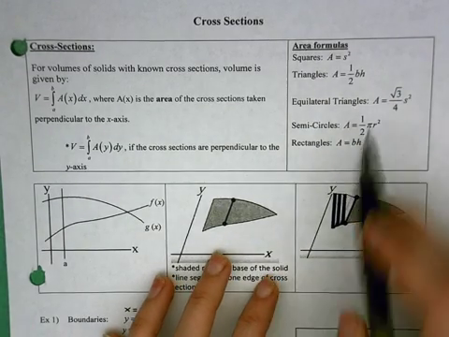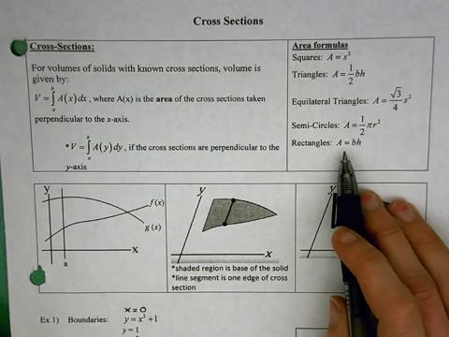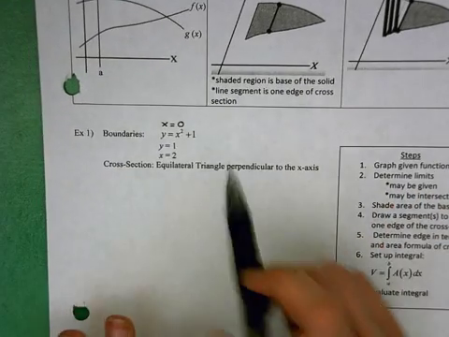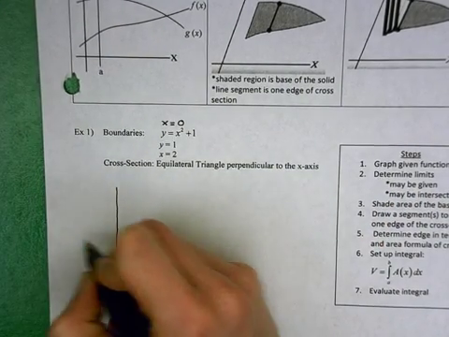And again, this notes sheet is on my website, so feel free to download it and follow along, stopping the video if you're feeling like you're getting it and want to give it a shot on your own. Okay. Our boundaries in this case are x equals 0, y equals x squared plus 1, y equals 1, and